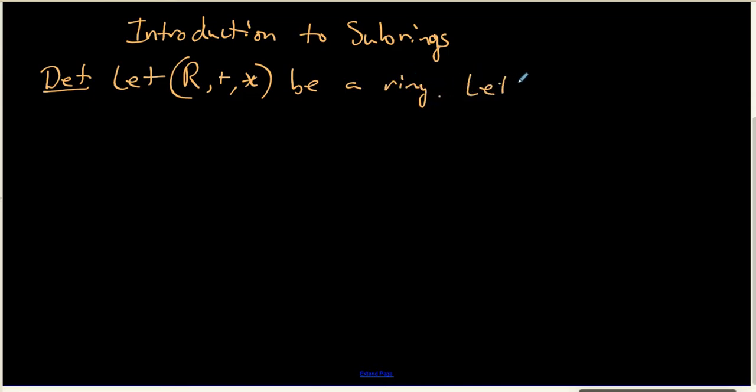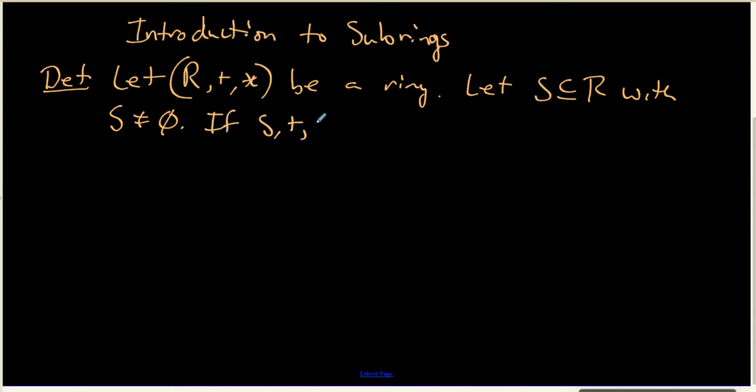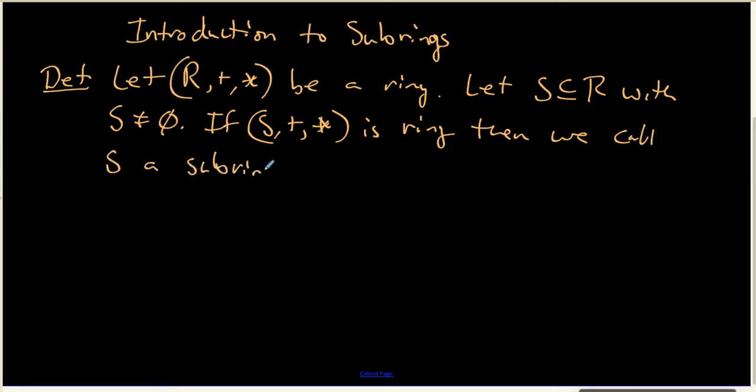And we're going to let S be a non-empty subset of R. And we're going to say that if S, under the same operations that R uses, is a ring itself, then it makes sense to call S a subring of R, and we write